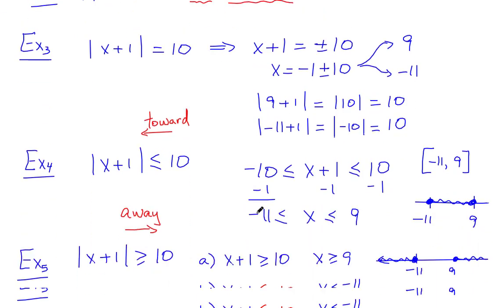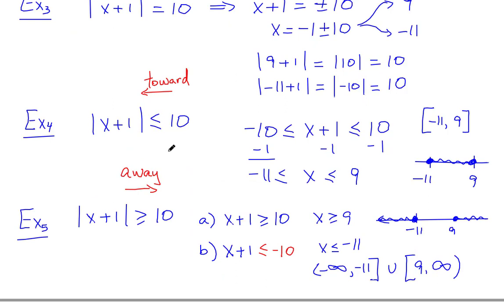Alright, what if we have an inequality where it is looking back toward the absolute value? Notice the pointy part is looking at this guy. And in this next example, it's looking away. Now that's really important because how we solve these two problems is different, all depending upon the direction